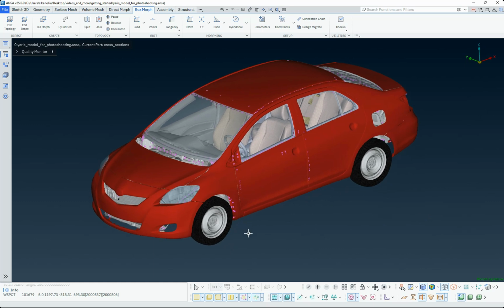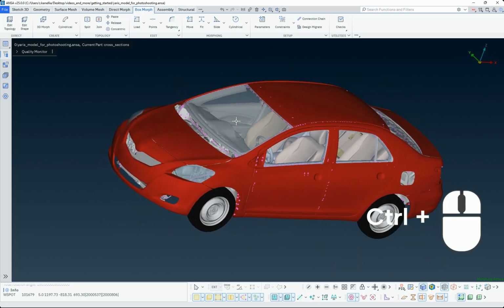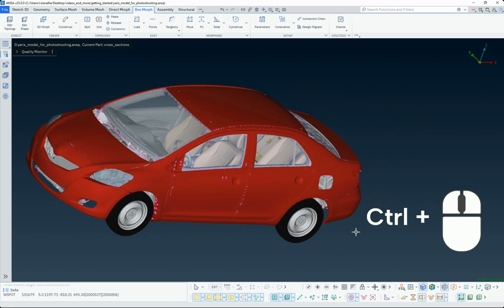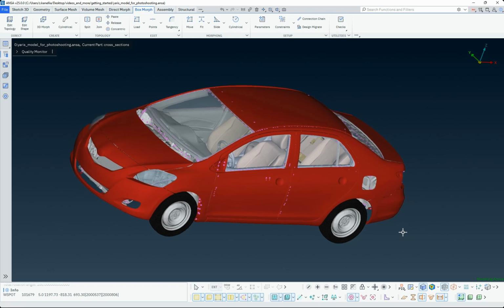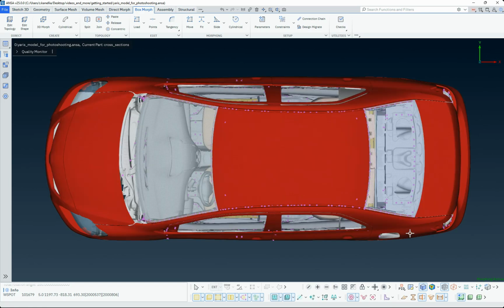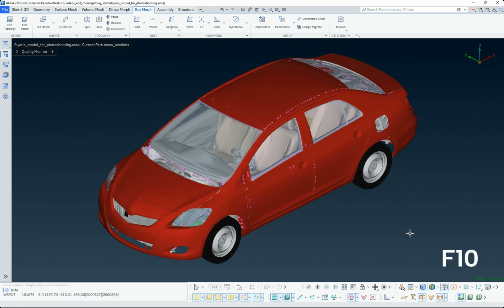Panning the model is achieved by pressing Control and the middle mouse button. Use function keys F1 to F6 and F10 to manage the model's view, F7 and F8 to zoom in and out, and F9 to adapt the visible entities to the screen. For instance, the top, left, and default views were demonstrated on the screen.